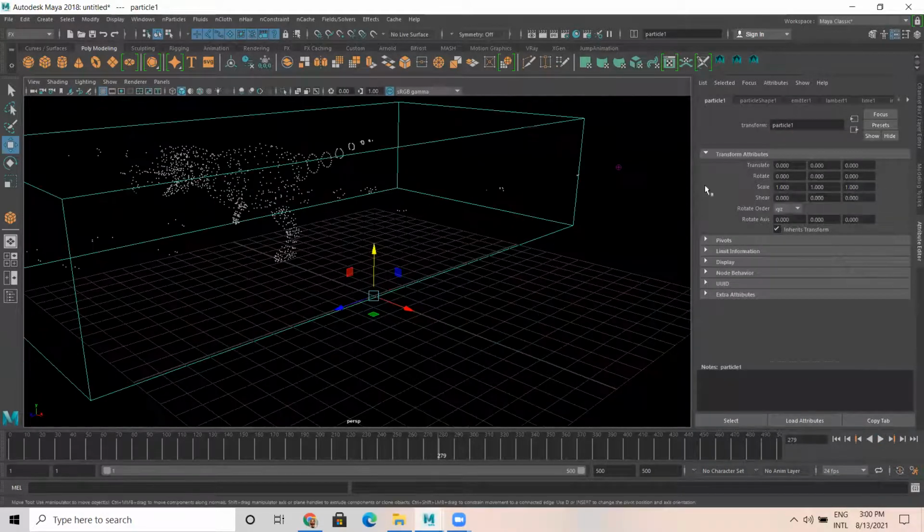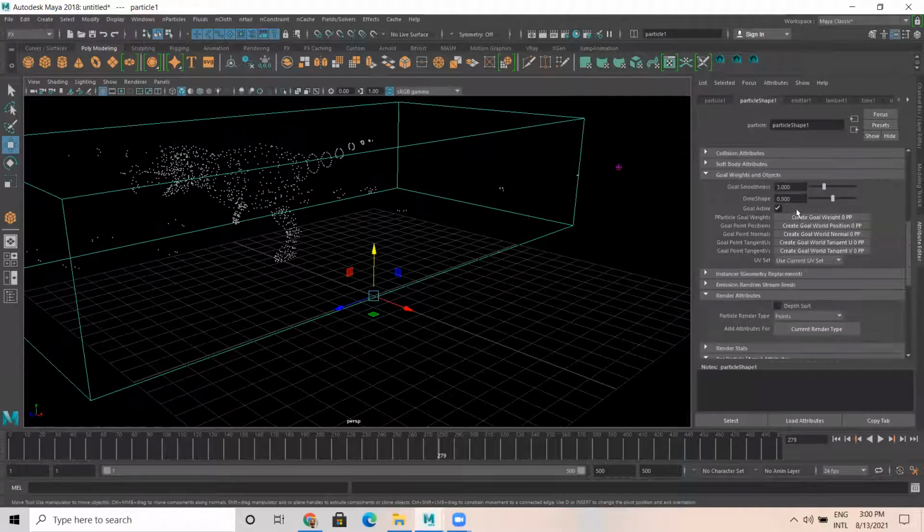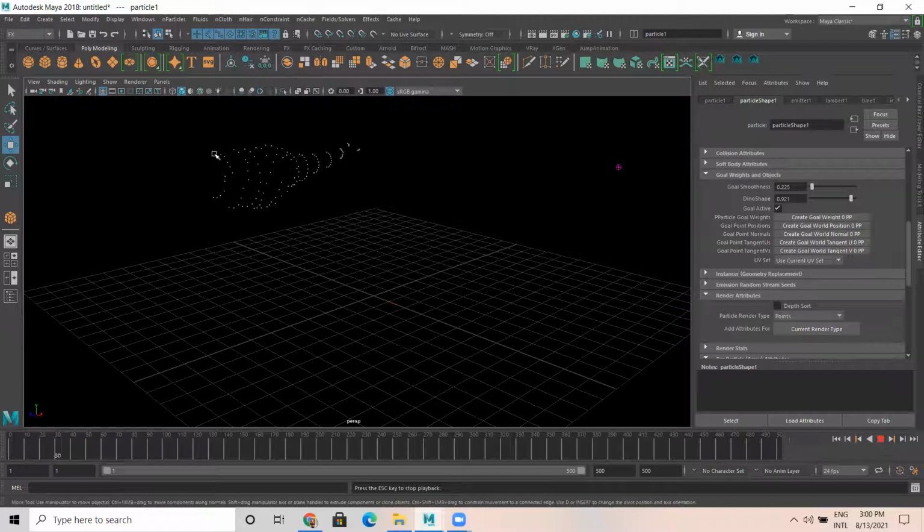Because in particle shape, you can see dino shape is 0.5. I'm gonna increase the stickiness. Means attractive, I want the object to attract the particles quite fast. Okay, so what happens now? It is attracting.